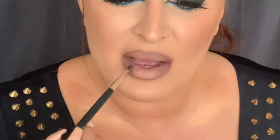I'm a psycho with my lips, so if I'm going out, I take ample time on my lips. This is just my thing now. Which I'm sure will change at some point, but